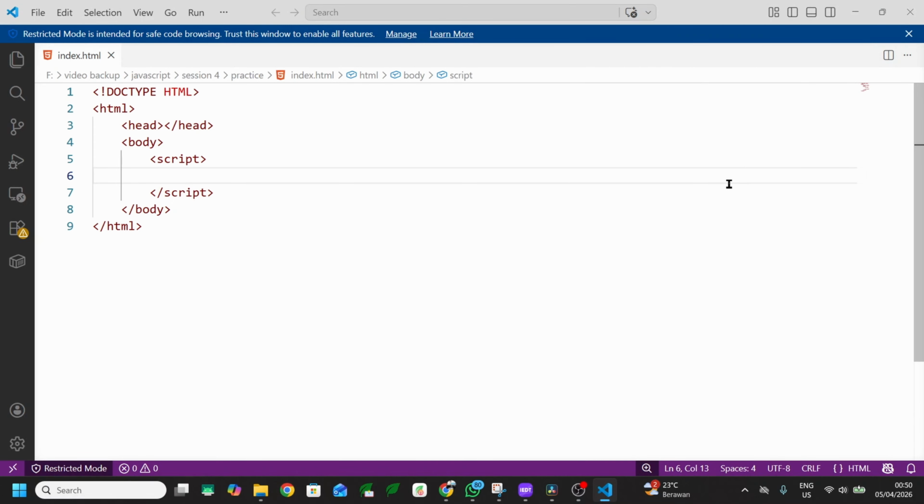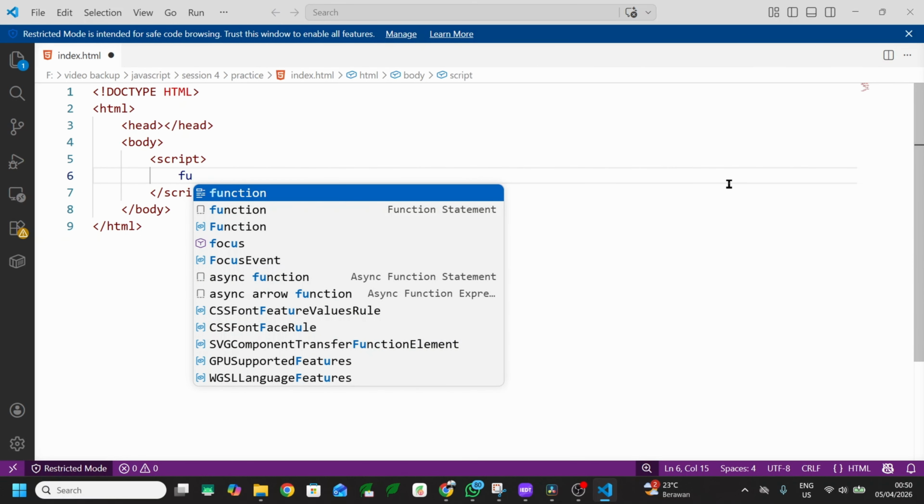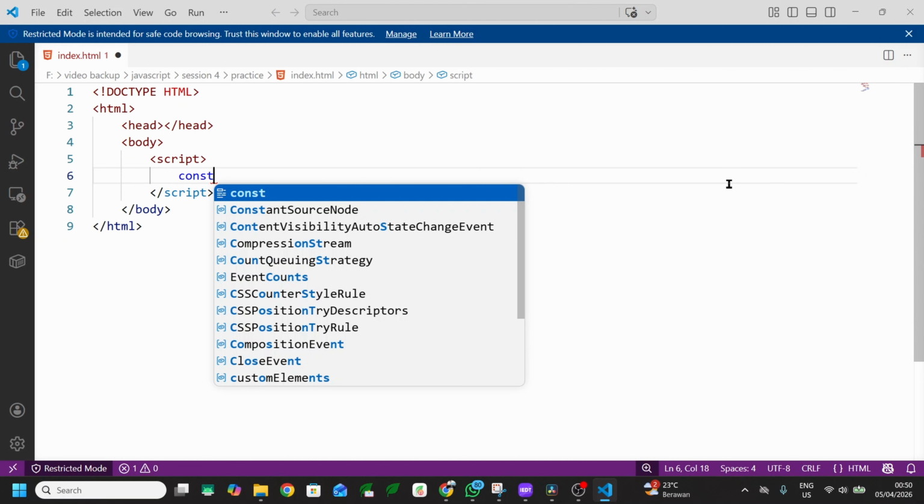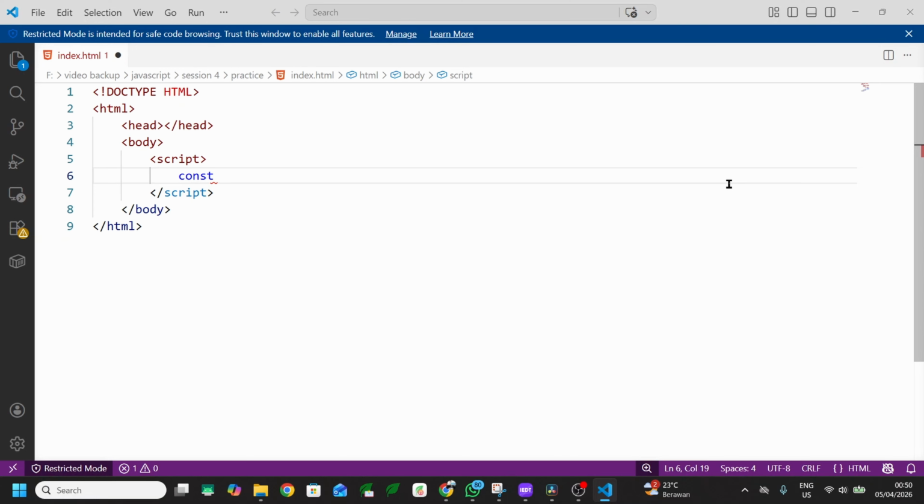Now let's practice how to make the shorter function in JavaScript. For example, I will use the const type followed by the name of the variable.